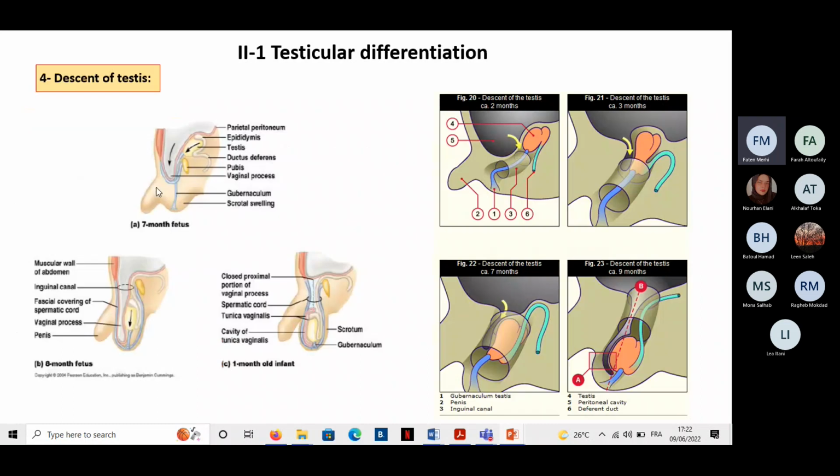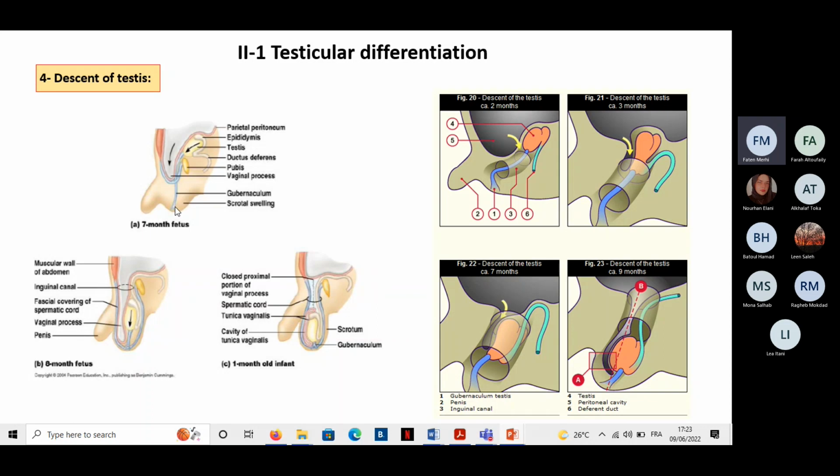You know what is the scrotum? The scrotum is this pouch adjacent to the penis. Okay, here we have the penis and we have the scrotum, which is the pouch inside of which a male will have the testis. Okay, so the testis, first of all, they are in the abdominal cavity and they should descend to reach the scrotum, this pouch